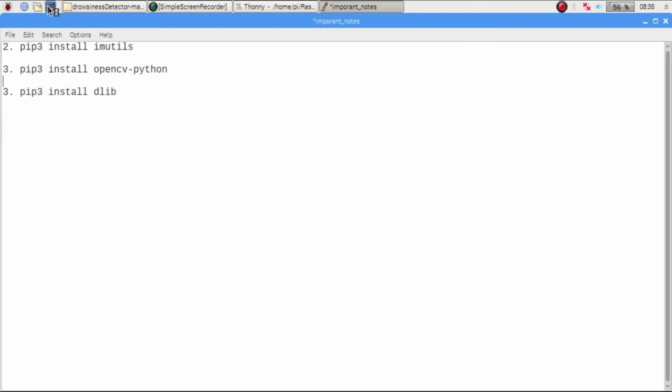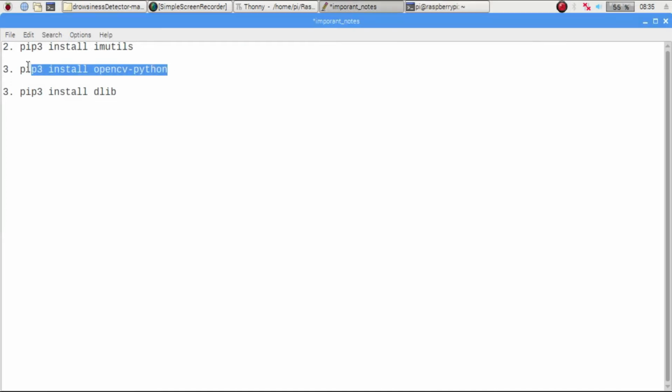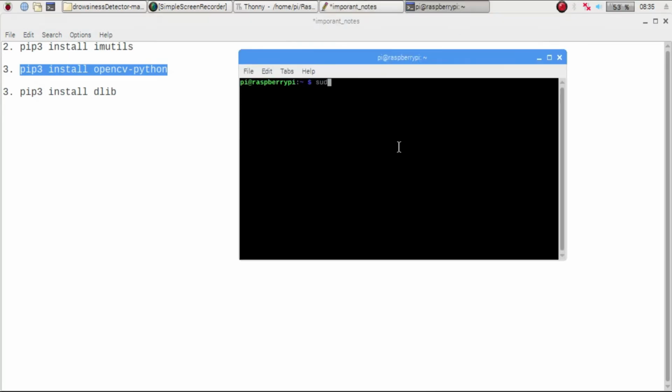So how to install this library? Just go to this terminal window. Once you go to the terminal window, you can see the Raspberry Pi is there. Now copy this OpenCV command, this one. First you can type this command, sudo apt-get update, then press enter. Once you press enter, the Raspberry Pi starts updating your OS. Then sudo apt-get upgrade. So the first two commands you have to run are sudo apt-get update and upgrade.